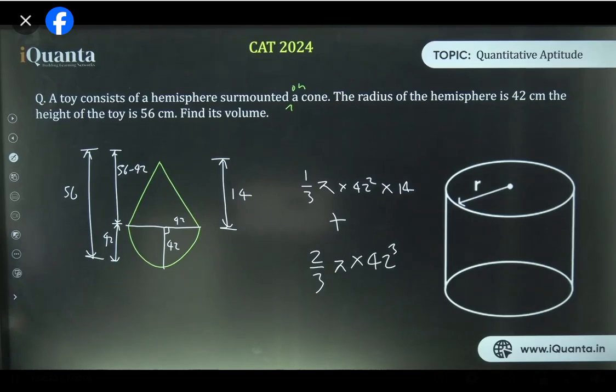Anurag, prism and pyramid are nothing but projections of different kinds of shapes. That is why I'm saying still one class is left. Okay, don't worry. And the class I'm going to take is not a revision class. It's not a marathon, it's not revision. It's a purely different class in which we'll be discussing certain things which do not fall under conventional geometry, and also a mix of different concepts.